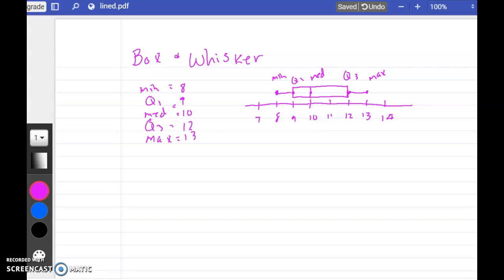I have another one. The data is a little bit different, and the min is 12. Q1 is equal to 15. The median is 21. Q3 is equal to 28. And the max is 40. So this is a larger spread from 12 to 40. And to build that,